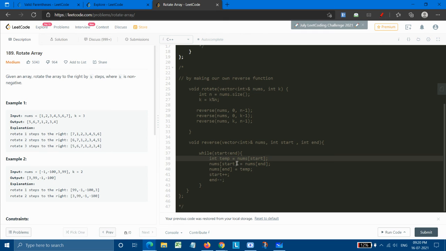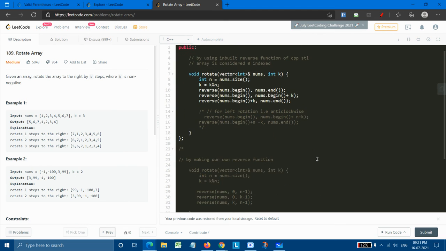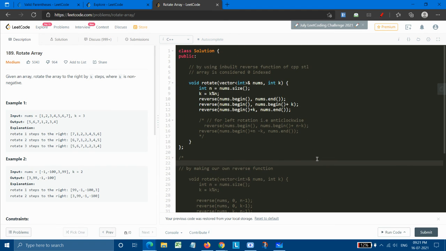Then, as our first number is already stored in temp, we need to store the end number in start, and whatever was stored in temp, we need to store in end, and then increment start and decrement end. Like this, we will be able to reverse. So this is how we could do it with and without STL. So this was all for this.